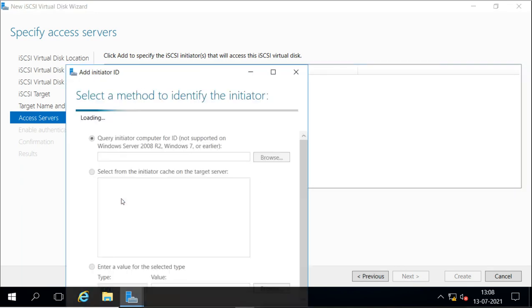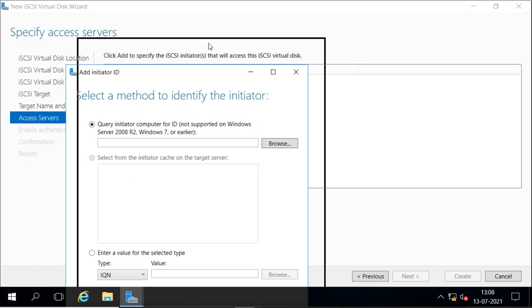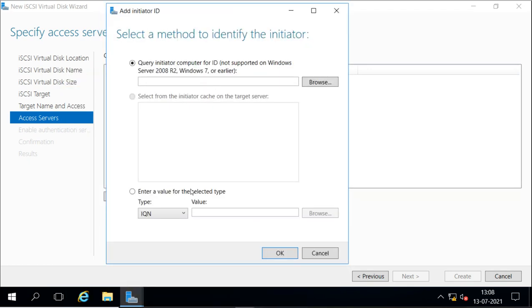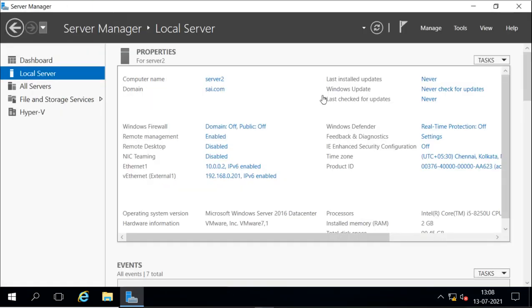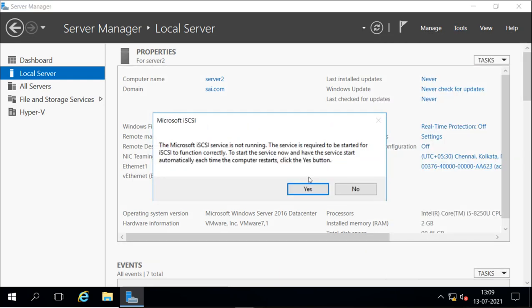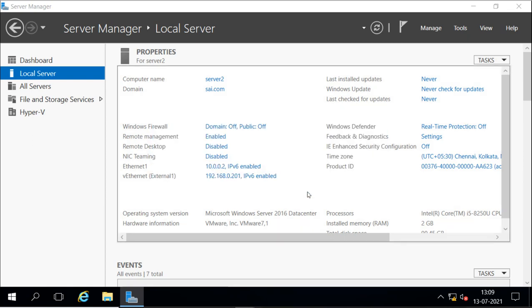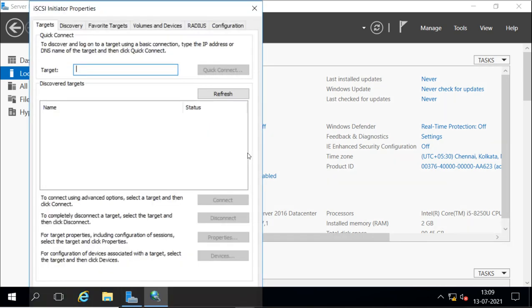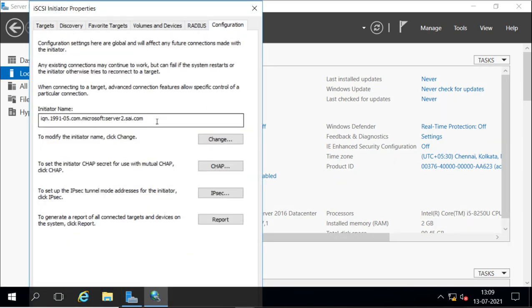Where will I get those names? I will get them from server 2 and 3. On server 2 I will get the initiator name when we start the service. From the configuration we get the name here. This is the initiator IQN.